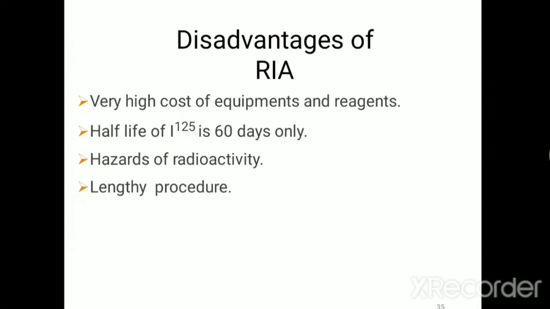Coming to the disadvantages of radioimmunoassay. The first disadvantage is it is highly expensive, and here we are using radioactive isotope. We are commonly using radioactive iodine, that is iodine 125, and this iodine 125 is having short half-life. It is around 60 days, and there is an exposure to radioactive isotope, that is radiation exposure, and it is a lengthy procedure. So these are the disadvantages of